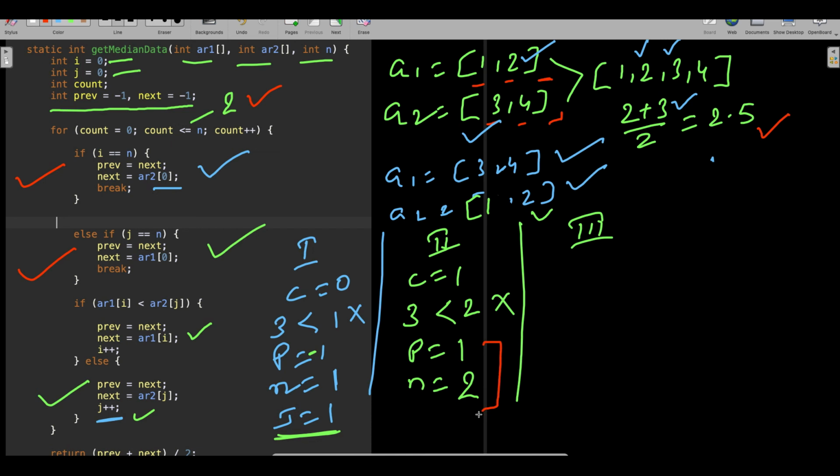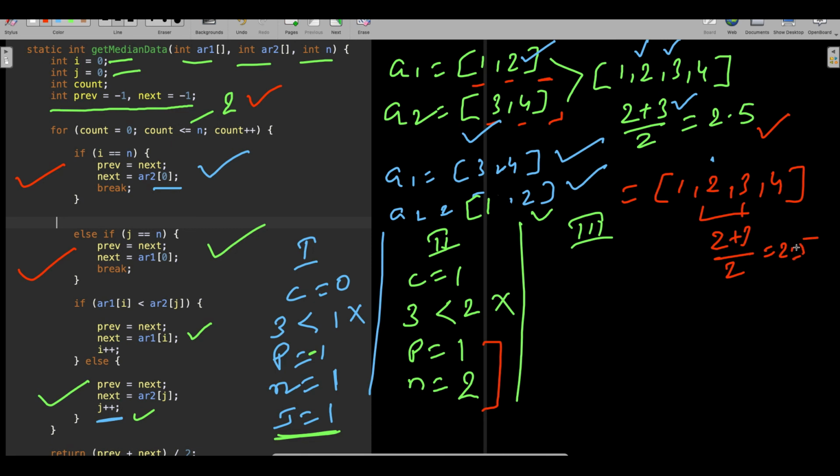So to get the right median, what should be your output? If you merge these two arrays, you will get 1, 2, 3, 4, because it's a sorted array. So you should get 2, 3 by 2, which is 2 plus 3 by 2 is equal to 2.5.